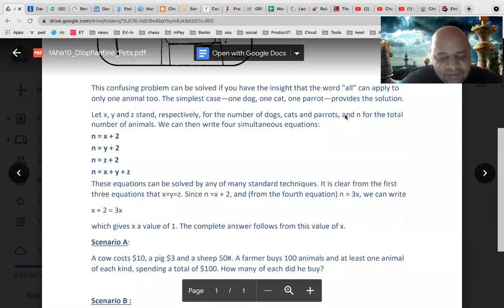Sir, is it like AX plus BY plus CZ? Yeah, it is similar. When you say AX, BY, and CZ, it is exactly that. It is AX plus BY plus CZ, because the cost comes from A, B, C and the actual number of animals is X, Y, Z. So that way, if you take it, then you can solve it. I think we will solve it.